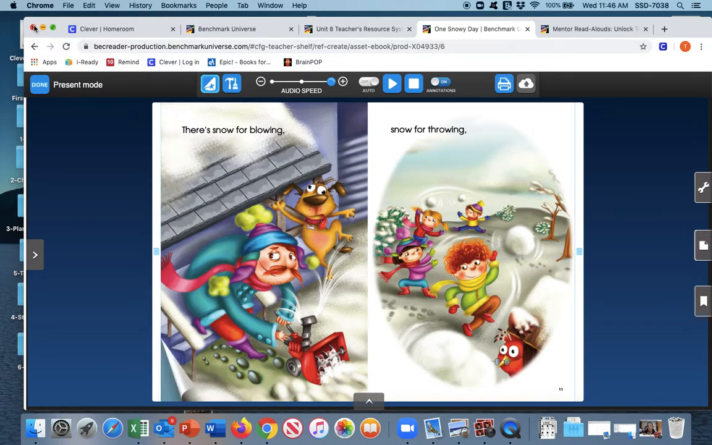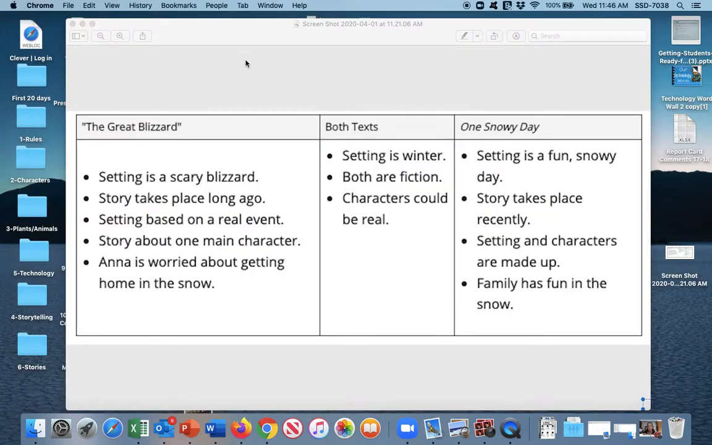So boys and girls, we're going to go ahead now and take a look at the chart that we just created. And here it is. So looking over this chart, we see that both texts have, repeat after me, the setting is in winter. They are both fiction, and the characters could be real. And the